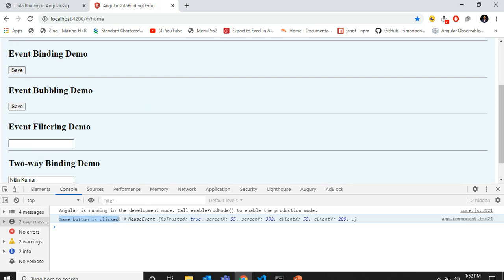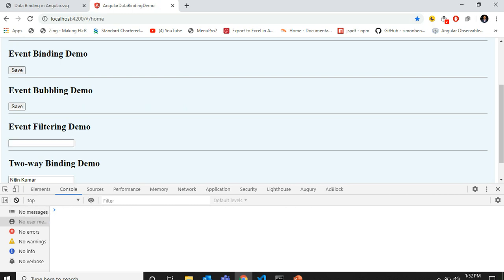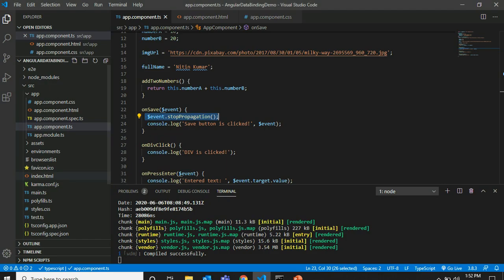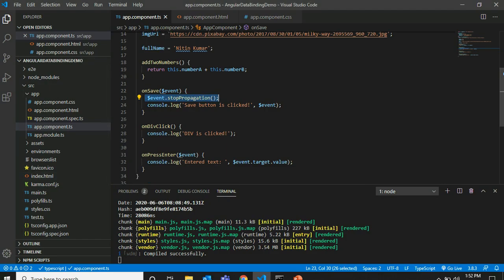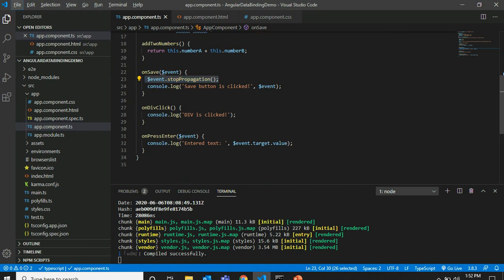Event filtering. Now I'm going to clear the console, write something and press enter. With the help of this we can filter any type of events. We directly use event.target.value.